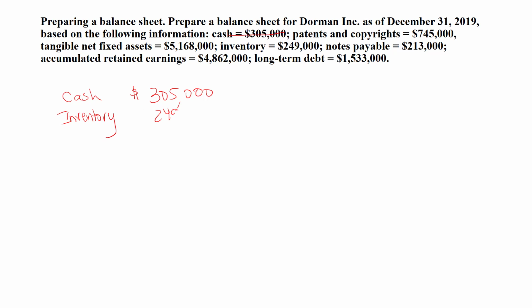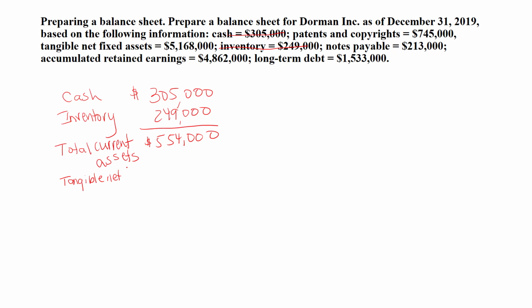And that's $249,000. We'll mark that off, and we're going to add these together so that we have our total current assets, $554,000. Now we're going to list fixed assets, and our tangible